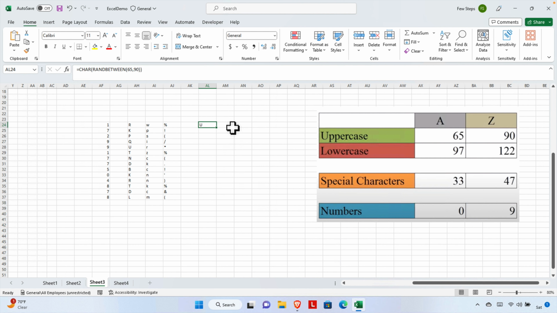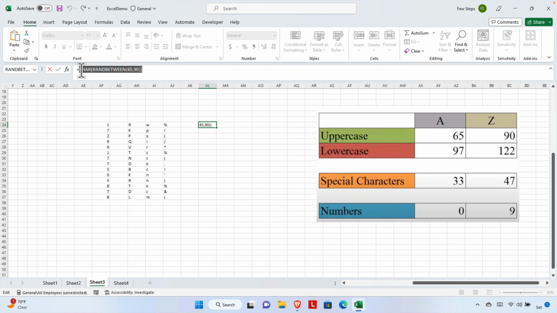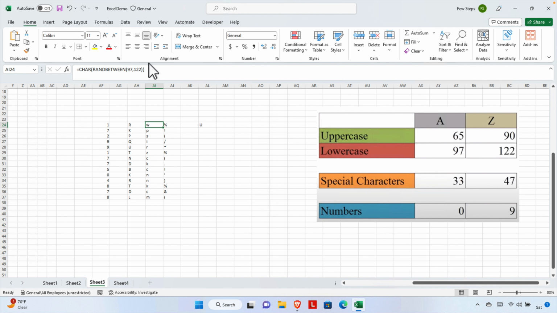Okay, now what we have to do is copy this whole thing for each of the cases and repeat it. We already copied it for the capital letter, right? So for a small letter we just need to change the value of the boundaries. We can type manually, or we can select one of the cells which generates a random small letter. So I'm going to select that and copy the function, and once I copied it, I'm going to jump to the other cell